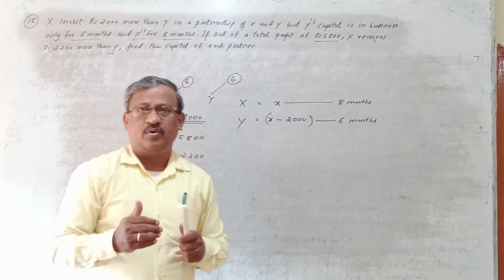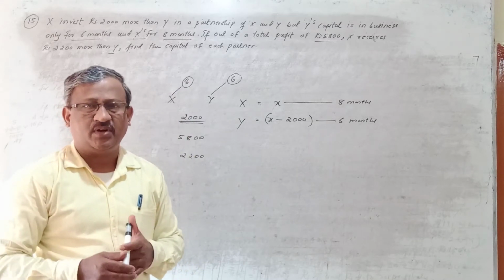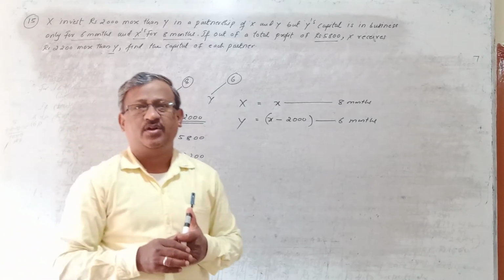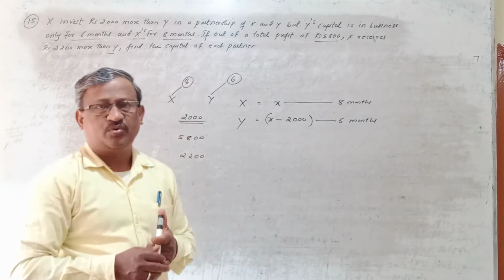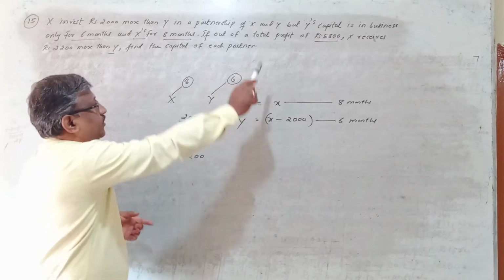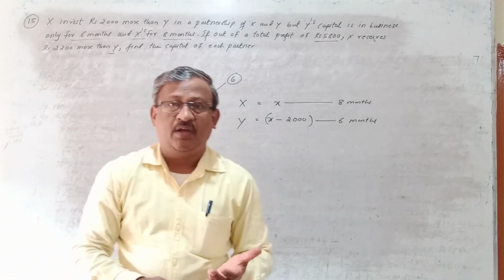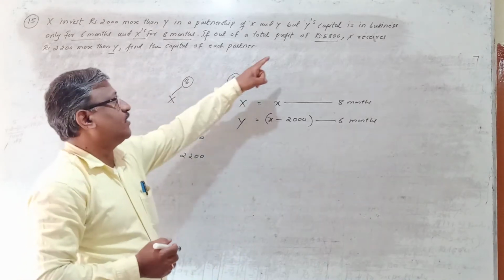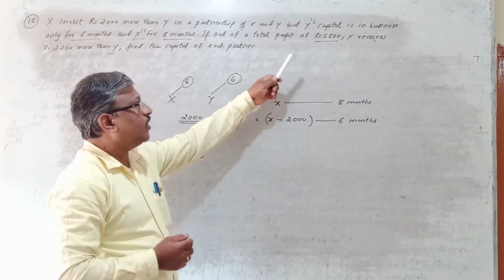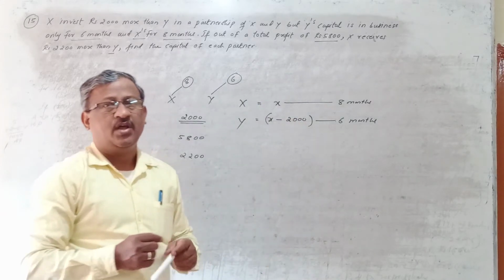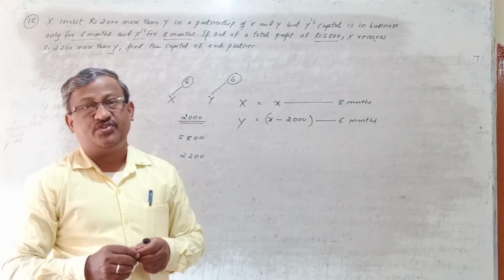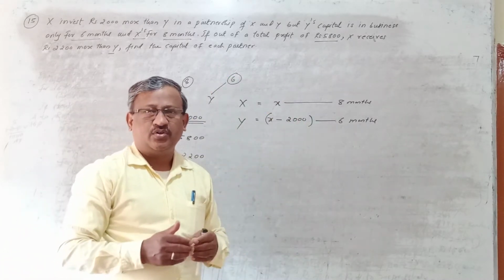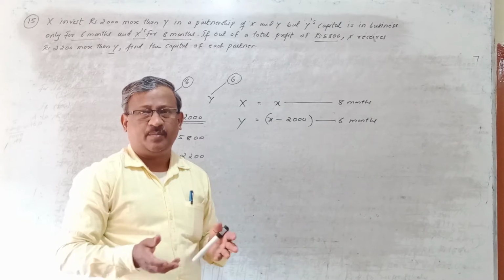We bring their capital to an equal time, and whatever capitals we get for equal time, by taking those capitals we get the capital ratio, and whatever capital ratio comes, in that ratio we distribute the given profit, because in this problem nothing is given. They have not given any interest on capital, salary, remuneration, nothing. Means whatever profit is there, 5,800 rupees, that entire 5,800 rupees profit is distributed between X and Y. Which ratio? Capital ratio, because they have not given any other ratio also. So always we distribute the profit in this ratio, capital ratio.